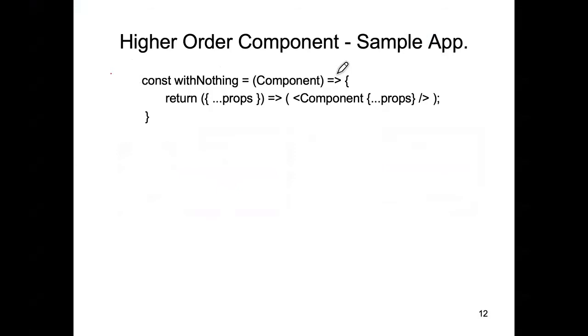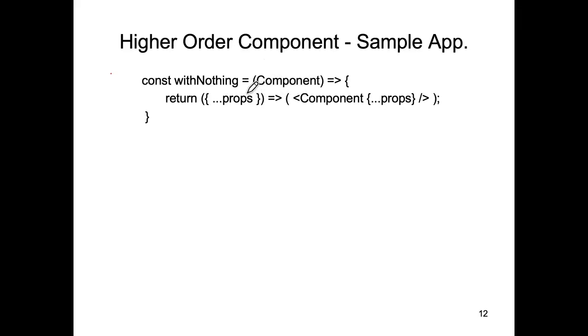So that seems like what I'm doing here. I am indeed assigning a function to my variable. So this is going to be the name of my higher order component function. What it's passed is your custom component, and it needs to return an enhanced version of your component. Now, of course, we know components are implemented as functions, so that seems to be what's happening here. I'm returning a function,